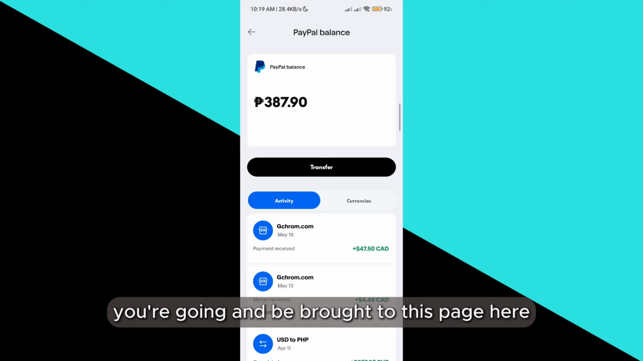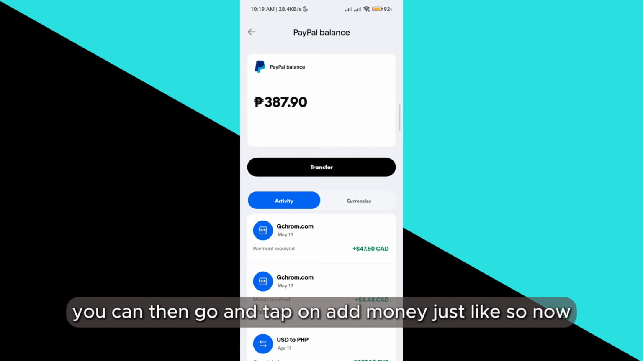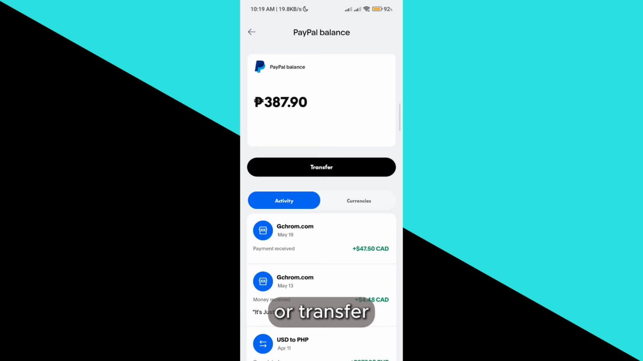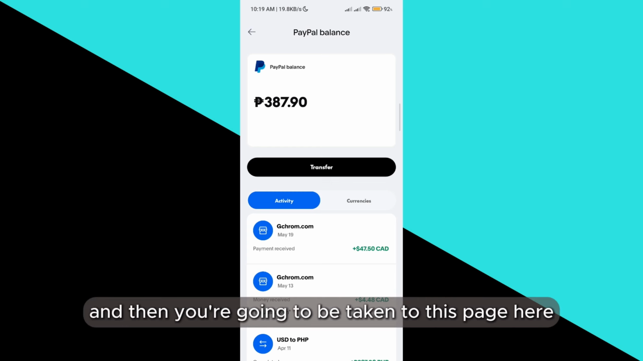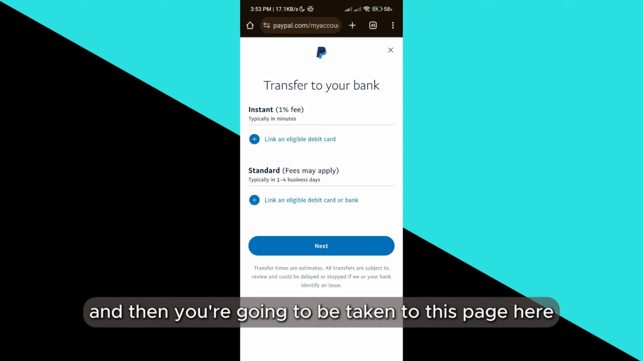You're going to be brought to this page. Here you can then tap on Add Money just like so, or Transfer. Go and add money just like now. You can click Transfer, and then you're going to be taken to this page here, and what we